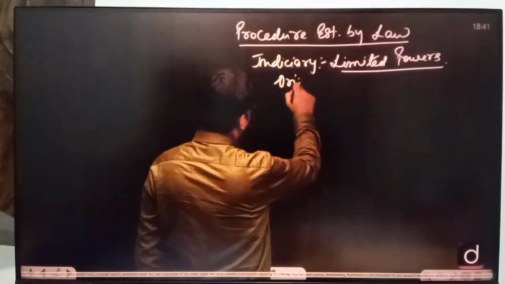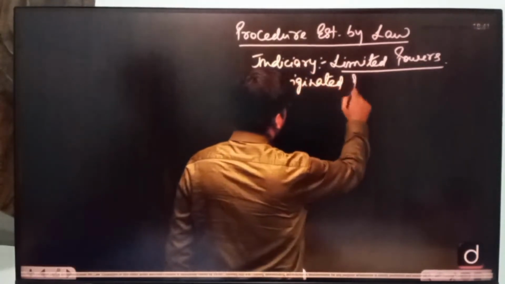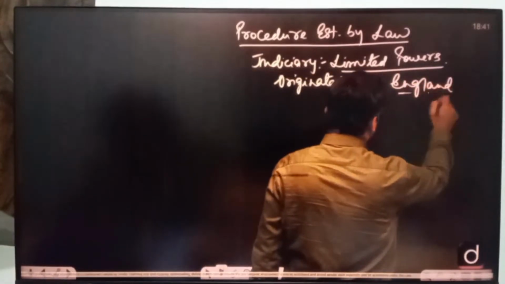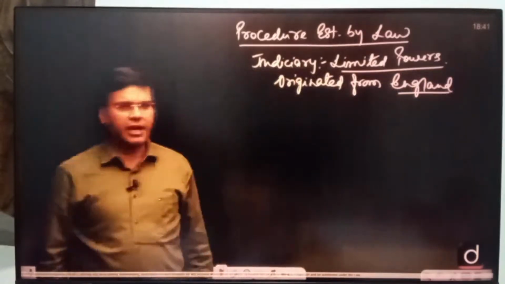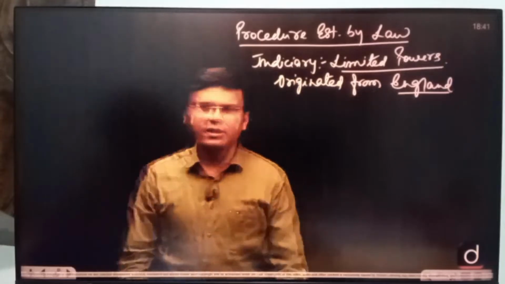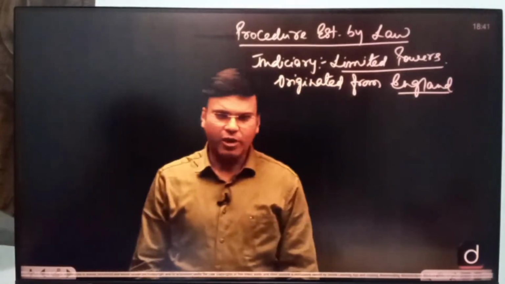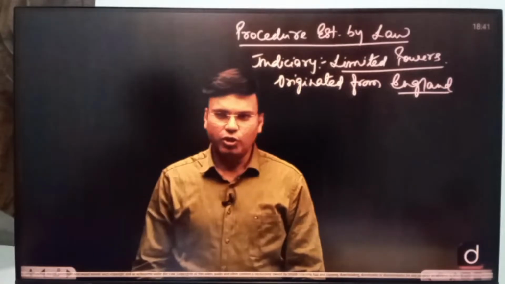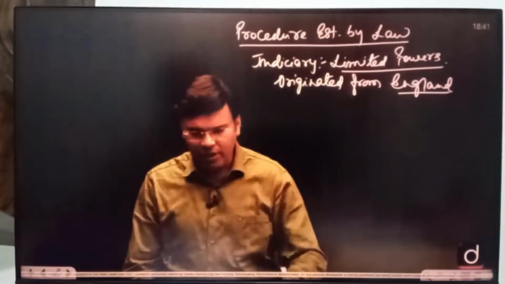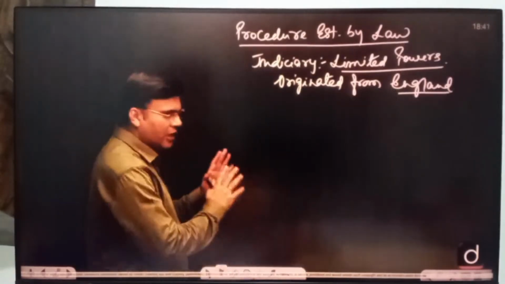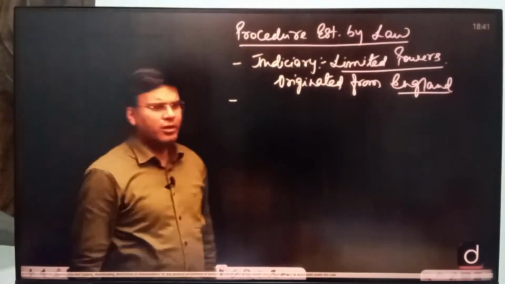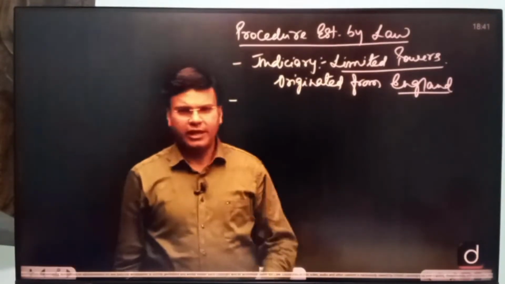It originated from England। तो ये इंग्लैंड में ओरिजिनेट करता है। This idea, this practice originated from England. So what is it? द जुडिशरी विल टेस्ट। मान लो इंग्लैंड में कोई लॉ बनता है, तो उसको कैसे टेस्ट करेगा? अगर हम ये समझ गए तो हमें प्रोसीजर एस्टैब्लिश्ड बाय लॉ समझ में आ सकता है। तो I just try to help you understand that. तो एक लॉ पास हुआ लेजिस्लेचर से and it has come to the judiciary for